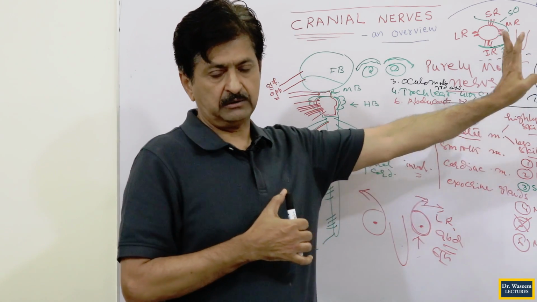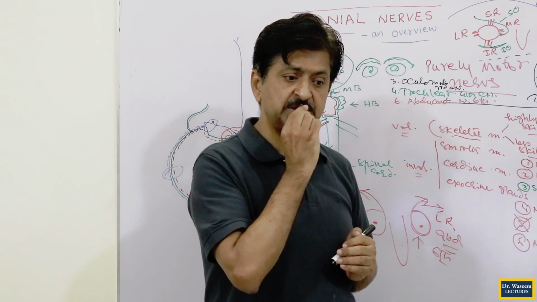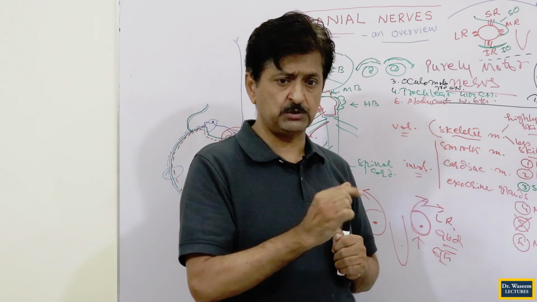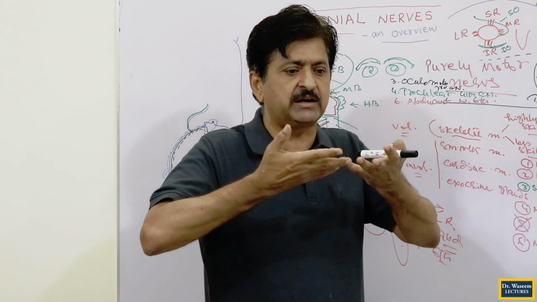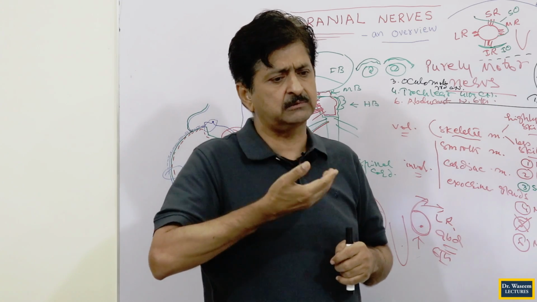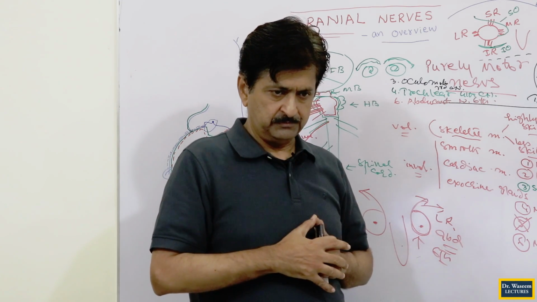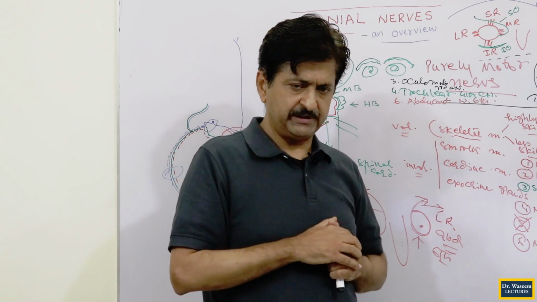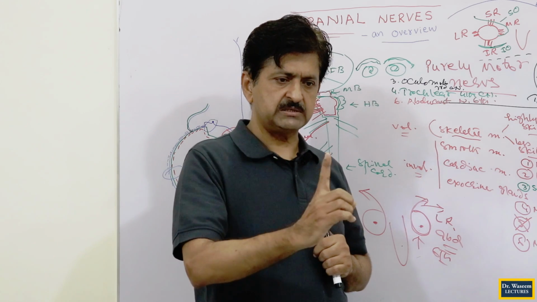I told you the muscles of the tongue. For the muscles of the tongue, all the muscles, whether the muscle substance itself, intrinsic musculature, or the muscles which are moving the tongue outward, inward, sideways, roll back, everything. These are called the extrinsic muscles. All of them except one that we will tell you later. They are supplied by a single nerve